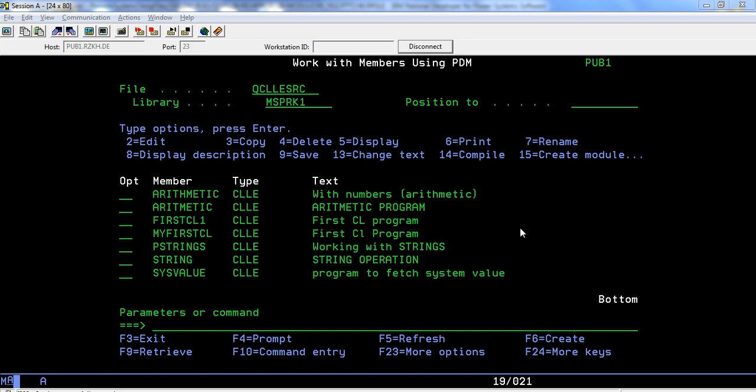Now we are going to discuss database in AS400. How database is important and how it works. In AS400,